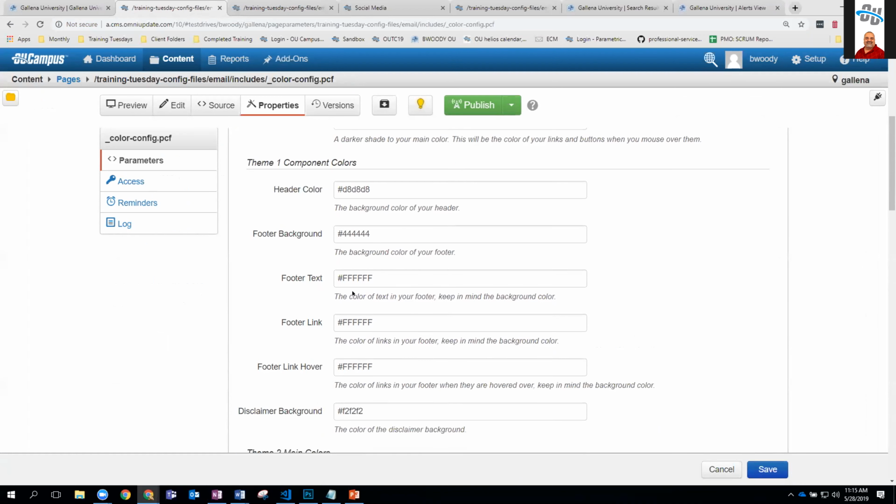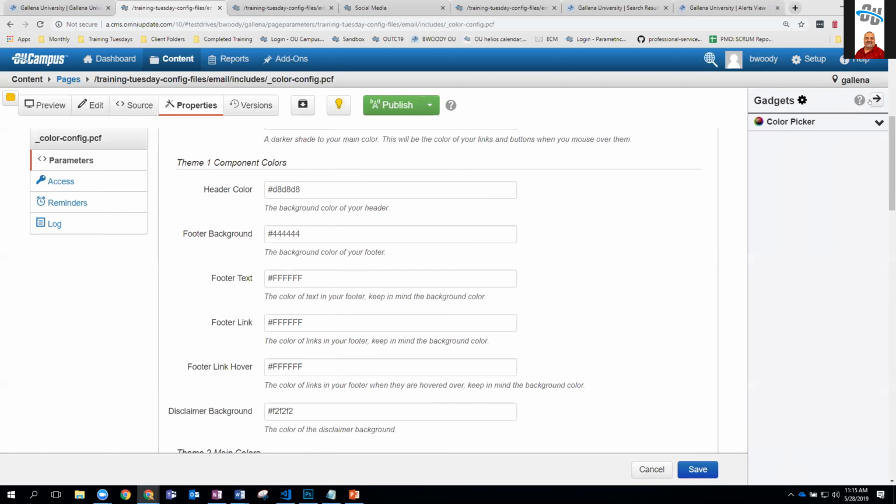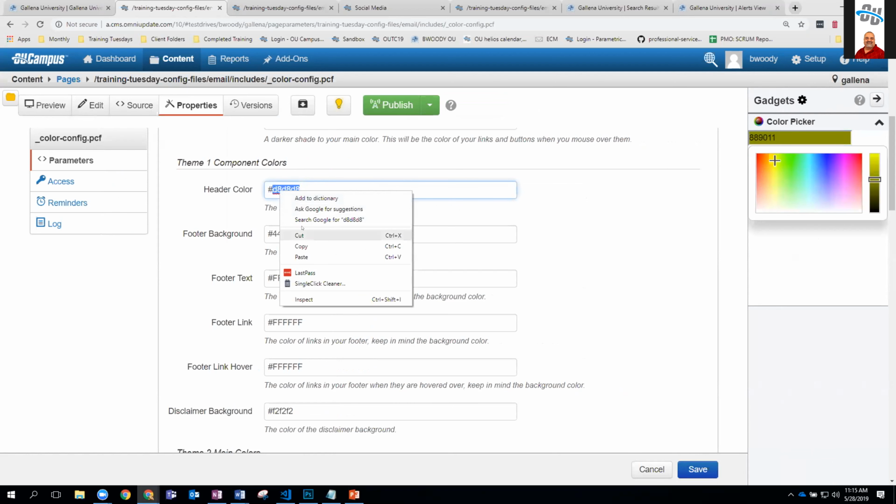All right, so let's say we wanted to change our theme 1 colors to look something a little bit different. I can open up a color wheel tool. I've got one that I've created in my gadget that I'm going to use as my color picker. So if I wanted to start changing the colors in here, I can open this up and maybe go pick a couple of other different colors and just copy that and change our header color to